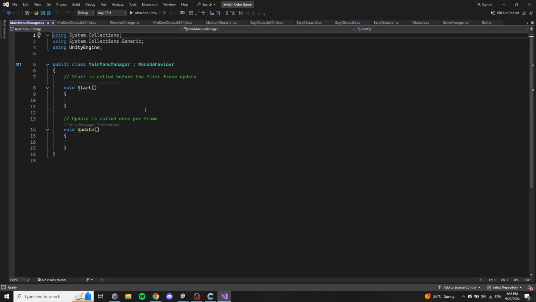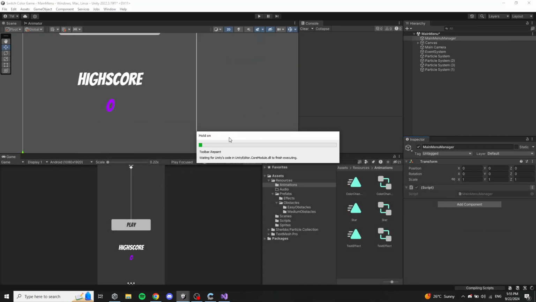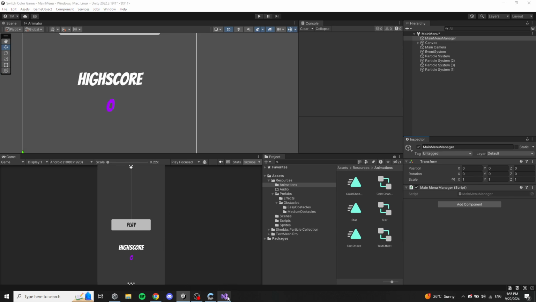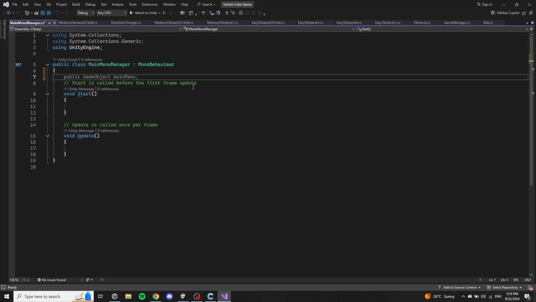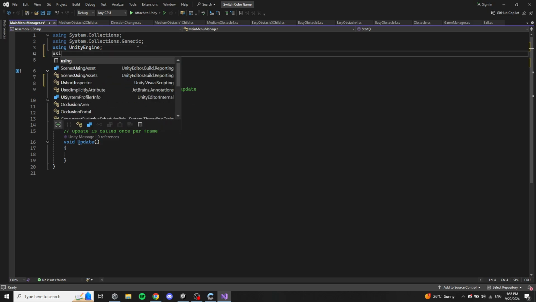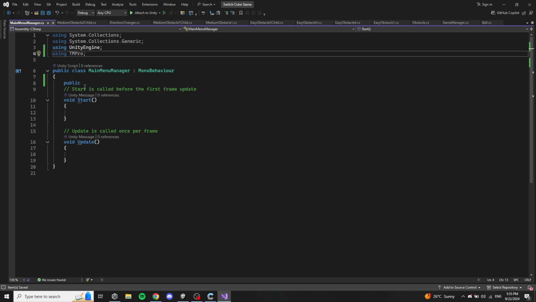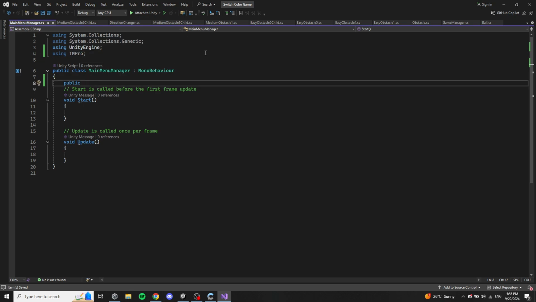And we need just two things. First thing, we need to update the text of the high score. So public, we need two things, or just one. First, here we need to use TM Pro, because this is the library for the text in Unity. This one is much better than the one from Unity. Public TMP text,